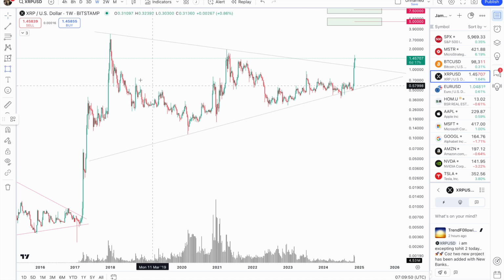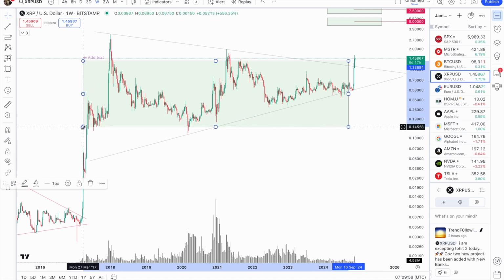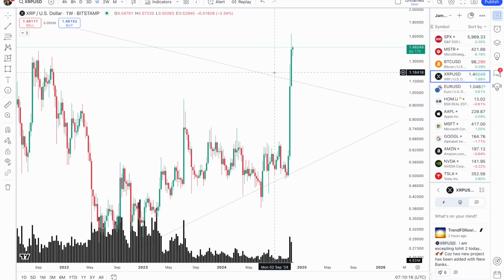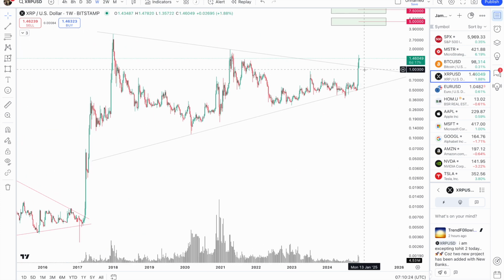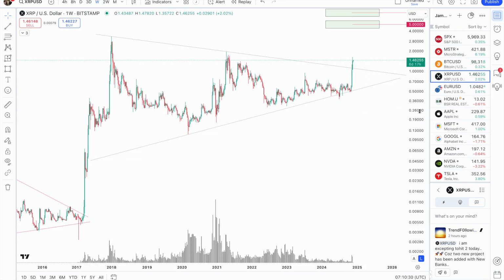I don't believe, aside from everything that's happening mechanically within the markets when we break out of something like this, aside from the change in market sentiment due to Trump, Gensler, the SEC, national stockpiles, BlackRock saying recently that crypto is a valid asset class in and of itself, aside from all of that, us having, especially now that it's confirmed, a weekly close outside of the 7-year triangle, guys, my confidence level now,